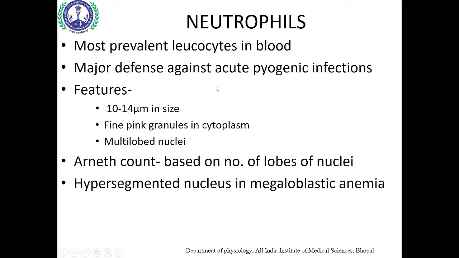ठीक है? Now what are the important characteristic features which you will be utilizing for identification in the peripheral blood smear? It is of the size of 10 to 14 micron, but you won't be able to measure it. तो you will be, किससे compare करेंगे हम इसको? RBC की cells से. So almost it is double the size of RBCs. ठीक है? We know that the size of the RBCs is about 7 to 7.2 microns, right? So ye almost uske double hai, right? So we'll be comparing it with that. So this is the size of the neutrophils.